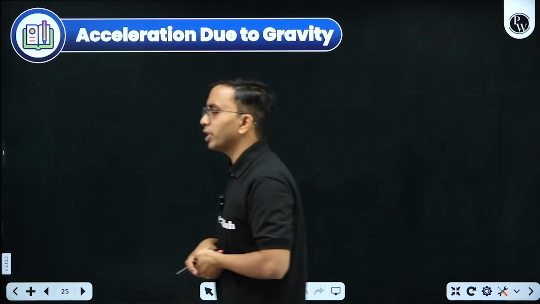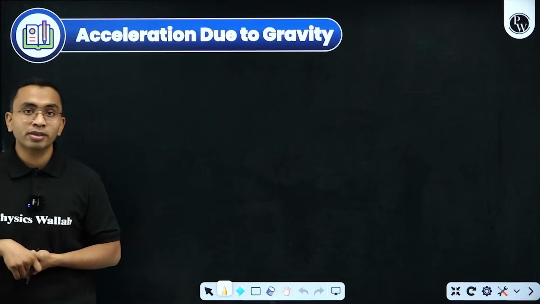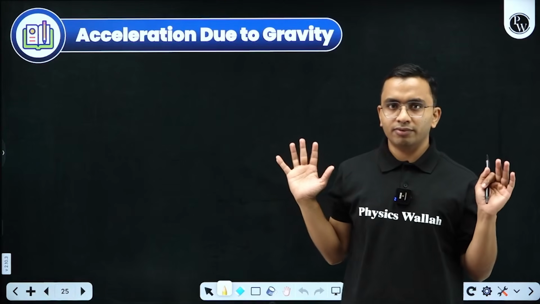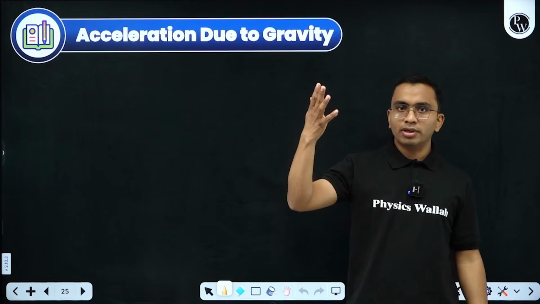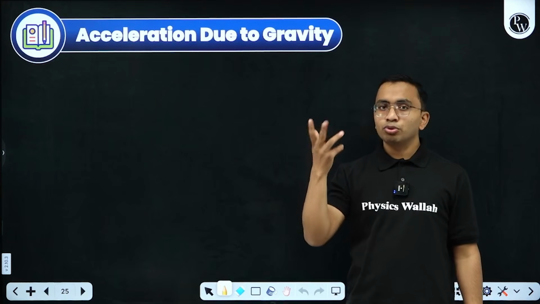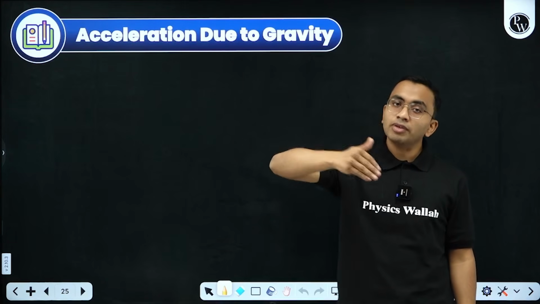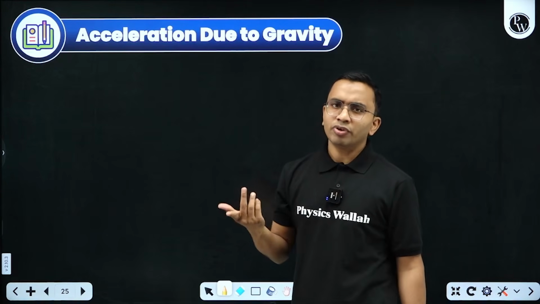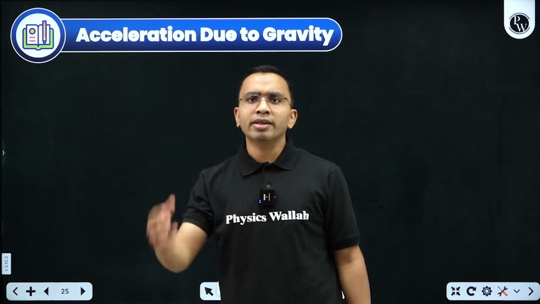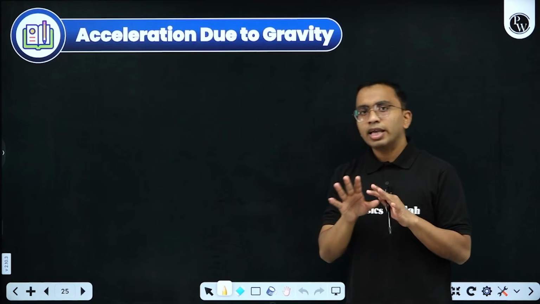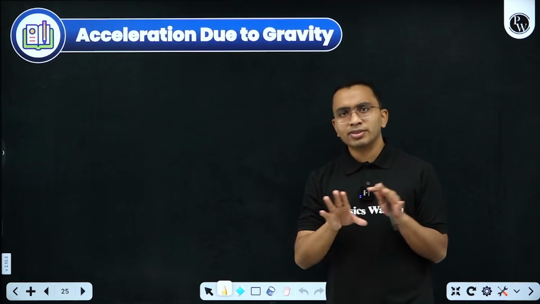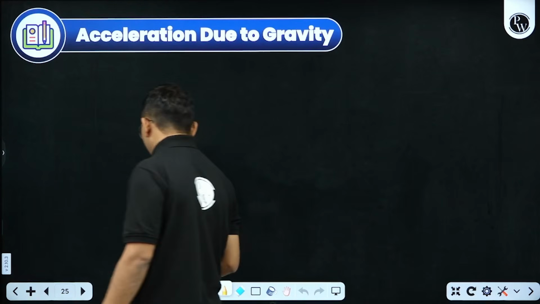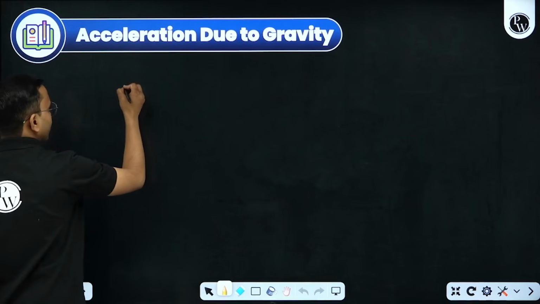But yes, because we know that the radius of earth is 6400 kilometer, if we go up to even a few kilometers, we can take g approximately to be 9.8 itself. But if we are moving to, let us take, 1000 kilometer, 2000 kilometer or multiples of r, then we need to consider different values of g. For projectile motion, you are throwing a ball at 20 meter per second, 50 meter per second, it will not go up to that height. We know that. So there we can consider g to be constant, and that is perfectly correct. There is no mistake in that. So first of all, we are discussing here on the surface of earth.